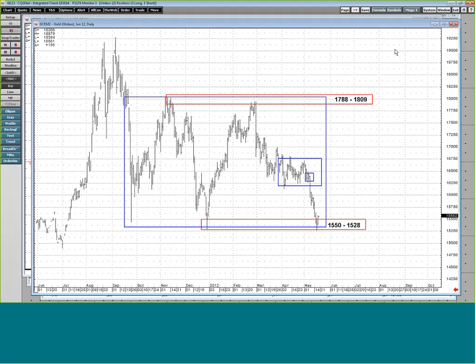And here's a perfect example, another example, Ben, that you were talking about earlier, of the robustness of this. Robust means many things, but one thing that's unique about this is that this process is occurring in all degrees of time all the time. So here in gold, you have this larger degree balance area that's forming. Then you had a smaller degree balance area that forms. Then you have an even smaller degree of time balance area that forms. This is what you're looking for. When you're taking a trade in here, guys, you've got the reward of this tiny box here and the potential return not only of the larger range structure, but the much larger range than this.